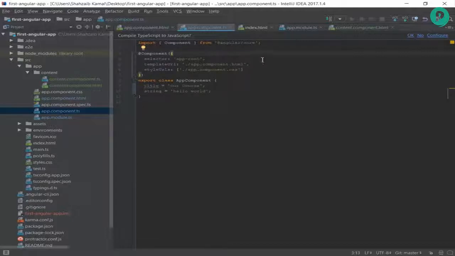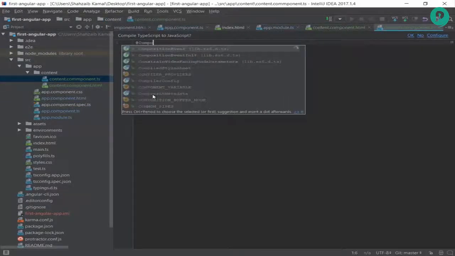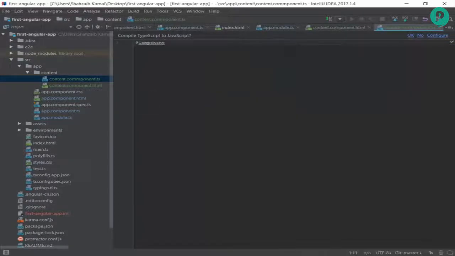So I'm just gonna do the same with this component.ts. I'm just going there. If I directly call the component, with parentheses, and inside the parentheses the curly braces, there you can see that there are components and directive ts and whatever. So I just need to go there, and first of all I'm importing it, because importing is an important part. And inside the curly braces, call the component